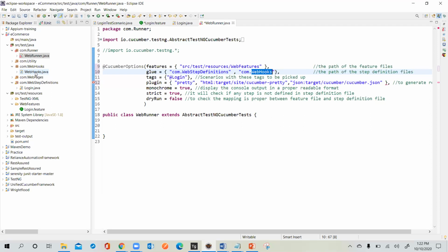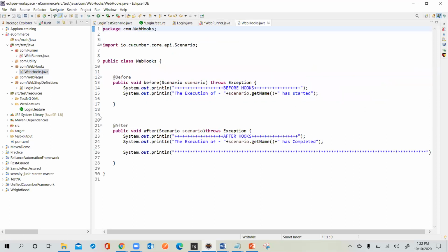In the hooks, we will have @Before and @After, which can be executed before and after each feature file. This is like a before suite or before class method. It's not a before method.